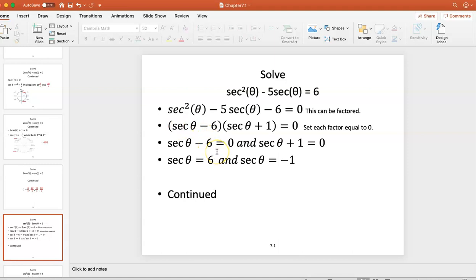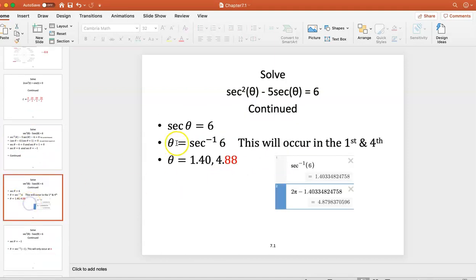Set your two factors equal to 0. Secant theta is equal to 6, and secant theta equals negative 1. And secant theta is equal to 6. Well, you could do inverse here, and you'd get the answer of 1.40. Okay, secant is positive in the first and the fourth quadrant. So in the first quadrant, it's 1.40, but in the second quadrant,